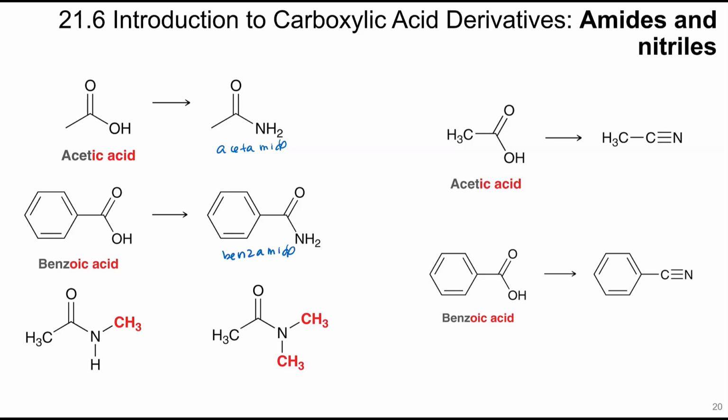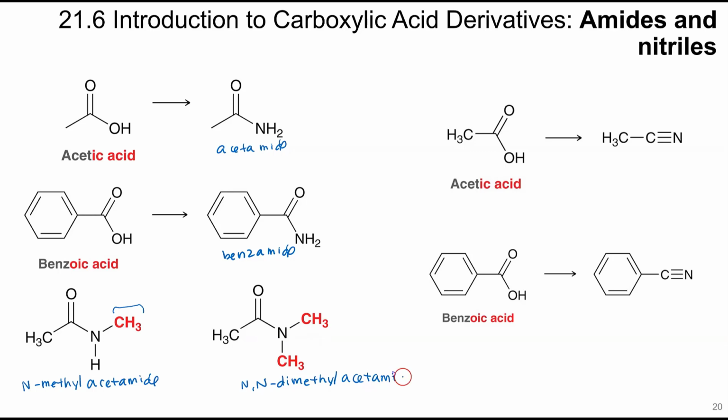Other amides are named by replacing the suffix ic or oic acid with amide. If the nitrogen atom of the amide group has alkyl substituents, they're placed at the beginning of the name with N as the locant. So for example, this would be an amide. There's a methyl group on here, so this would be N-methyl, and then acetamide. This has two methyls on the end, so this would be N,N-dimethyl acetamide. So we kind of treat the groups like them being on a nitrogen instead of being on a numbered